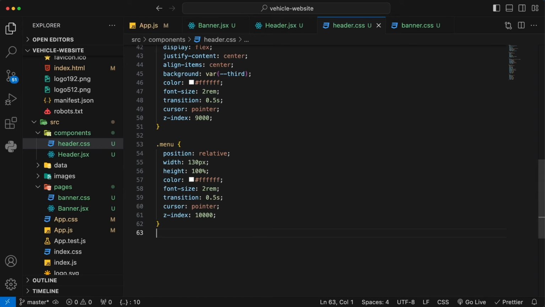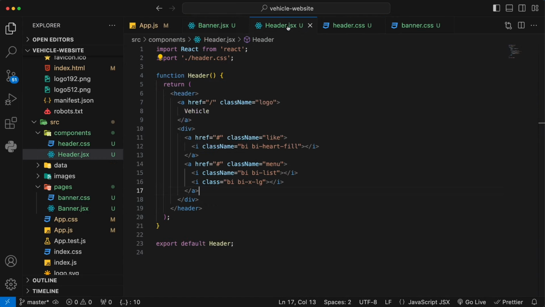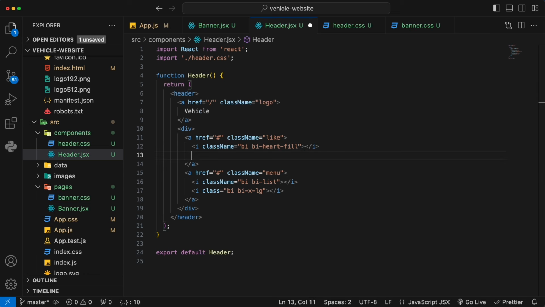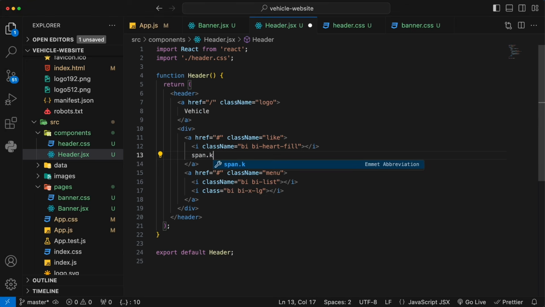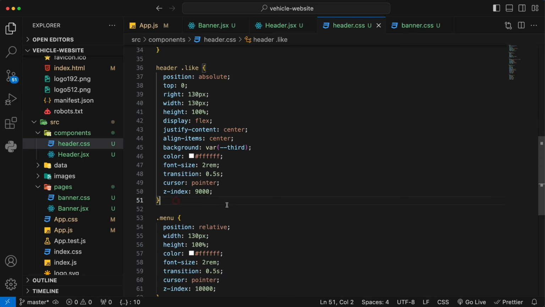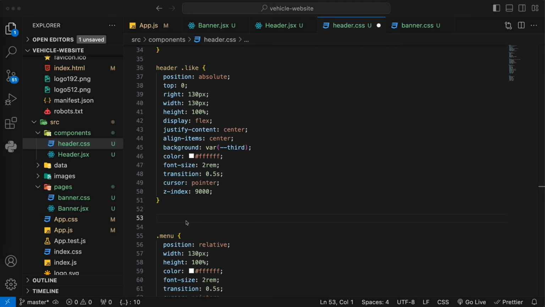And going back, what I'm thinking of is, in the like, eventually there's going to be a number showing to the user as a badge. So I will build a badge here that shows the liked item number. So in here, I create another span and give a class name of like number, and inside here, we're just going to put in 0 so far. Later on, I will make this one dynamic. Okay. So get that class name, and going back to the header, just down below that like, we define that